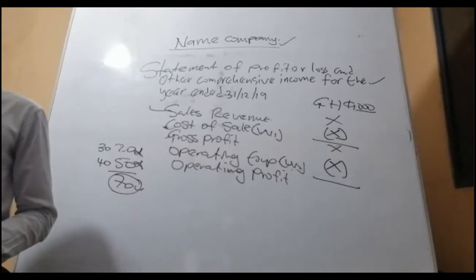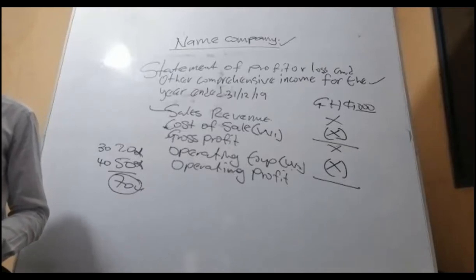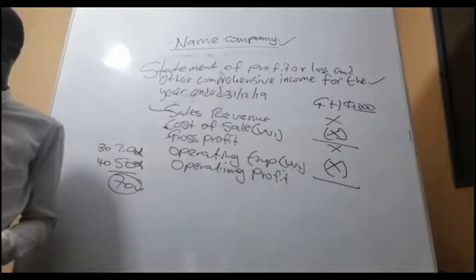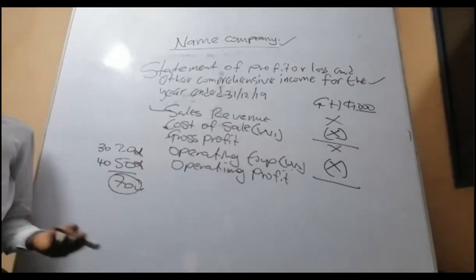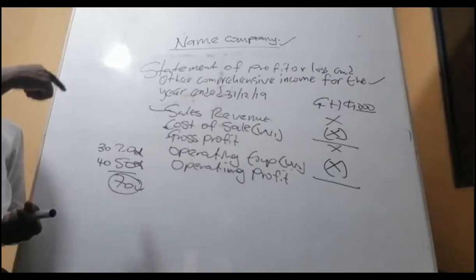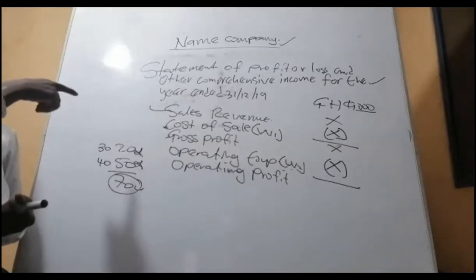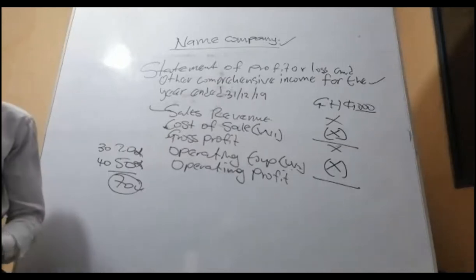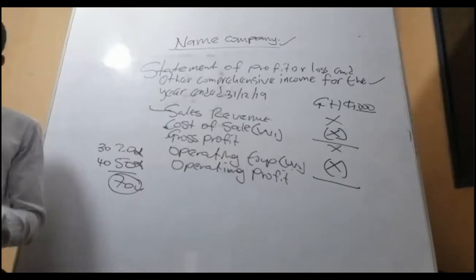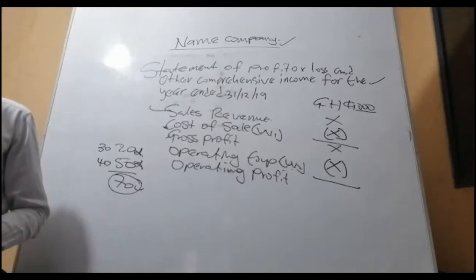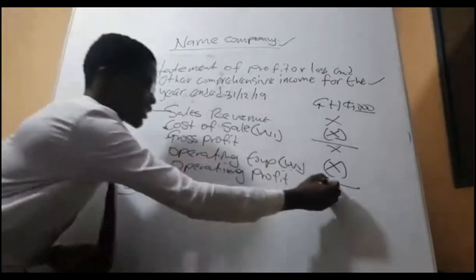It's gross profit less operating expenses. Then that's all. And I know that gross profit is equal to sales minus cost of sales, and so sales will be equal to... I like that to be given to you in the question, but that's absolutely correct. It should be given to you in the question. So that is it.